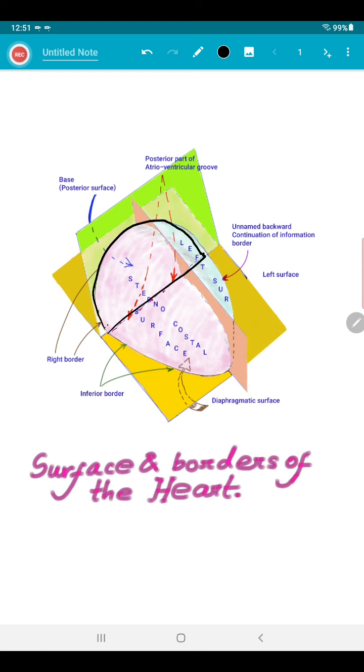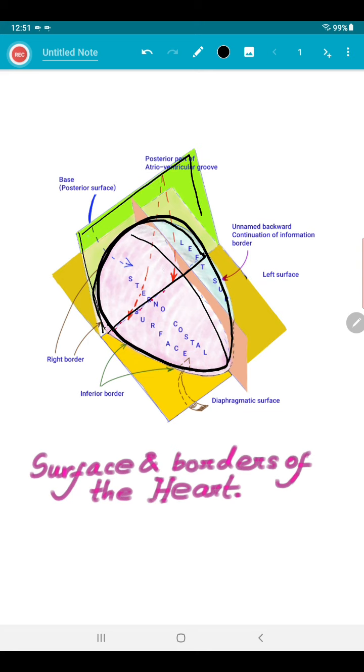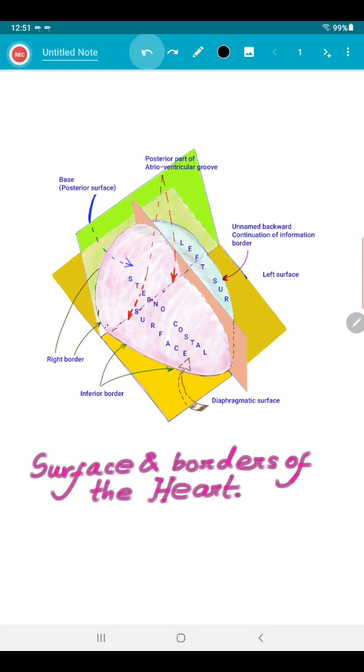This is the posterior surface or anatomical base of the heart. So this whole conical thing, the heart, is thrust upon the green plane. The green plane is limiting or touching the base of the heart. The base or posterior surface of the heart is the most fixed part of the heart and somewhat quadrilateral in outline. That means it is not oval like my picture, it may be somehow like this. Okay, so this is the base of the heart.